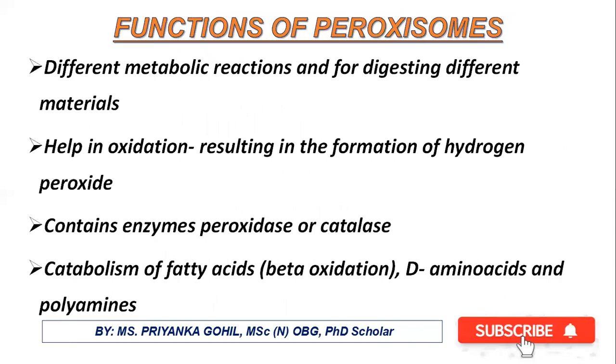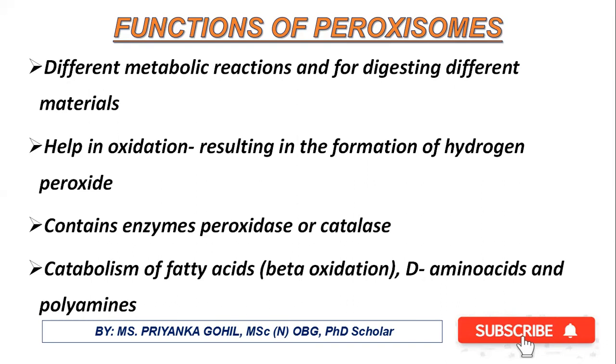Now here we have the function of the peroxisome. As they are containing various enzymes, they are usually used for the different metabolic reaction and for digesting different materials in the cell. Now they help in the oxidation of many substances which will result in the formation of hydrogen peroxide, which is obviously harmful, but as the peroxisome contains the enzyme peroxidase, or the catalase, they will decompose this harmful hydrogen peroxide into water and the oxygen, or it will use it for the oxidization of other organic compounds like phenol,